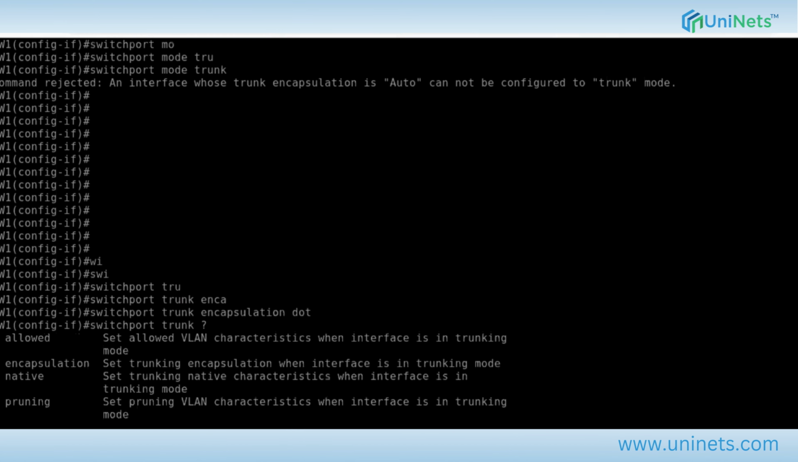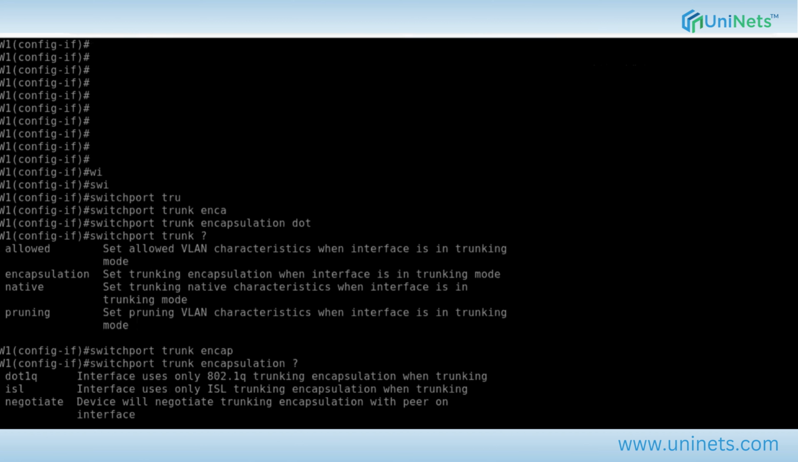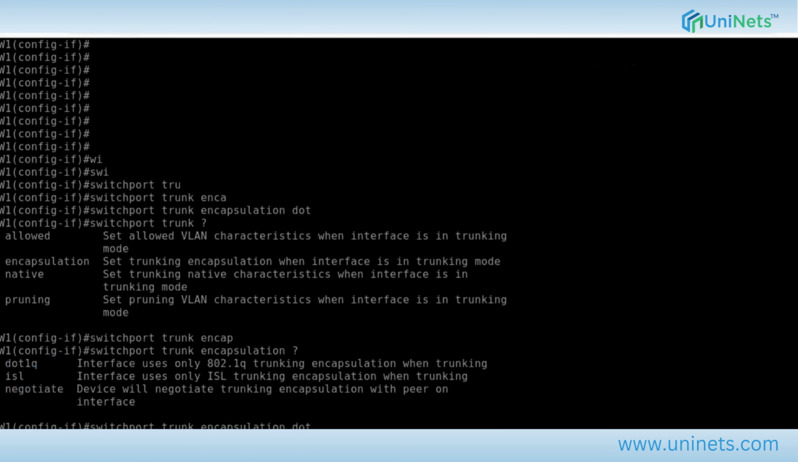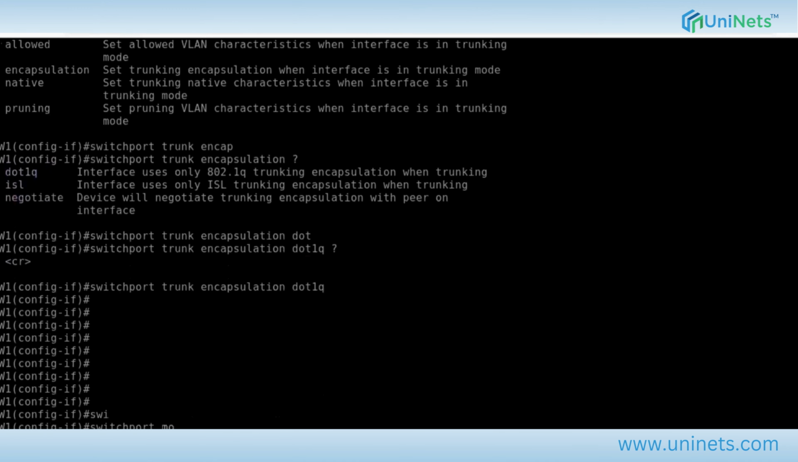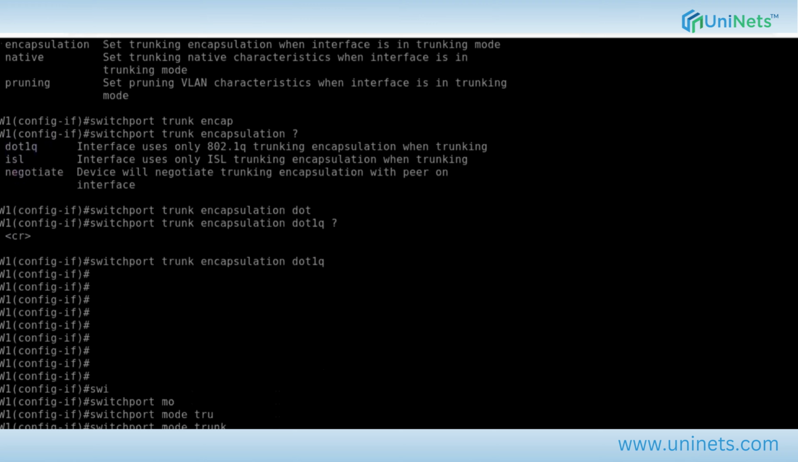All the options available. You have various options. Go for encapsulation, and then you will have .1q, ISL, or negotiate. So I'm going for .1q. And now if I give the command switchport mode trunk,